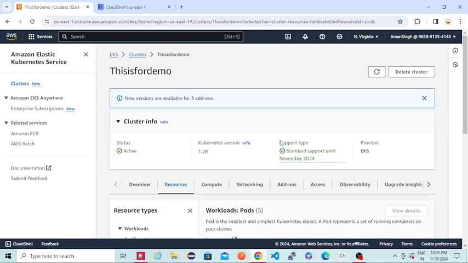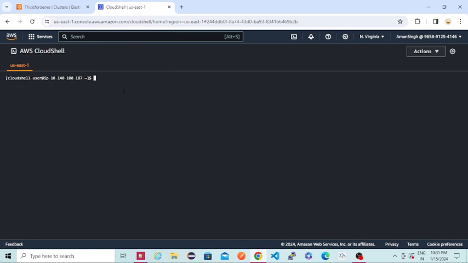Now, how will we connect to that EKS cluster and deploy some services? I'm already logged into my CloudShell, so we can use aws, then the eks command line tool, then --region. We need to select where this EKS cluster has been deployed. My EKS cluster is in us-east-1,